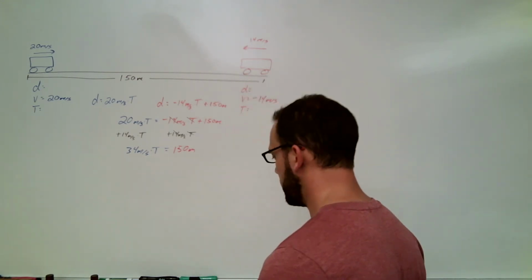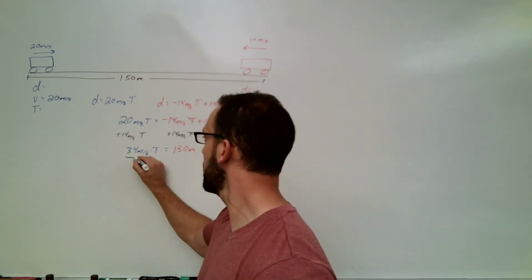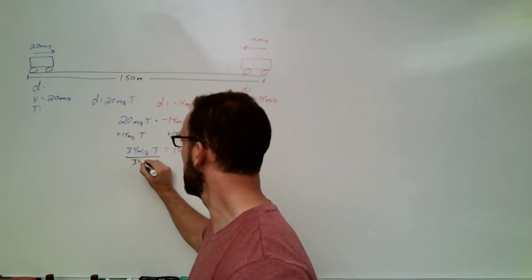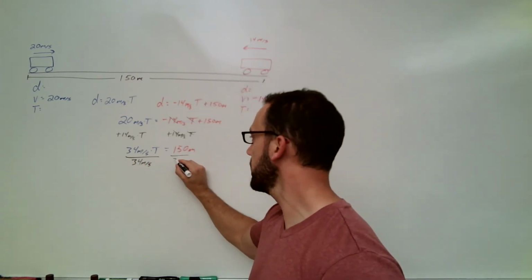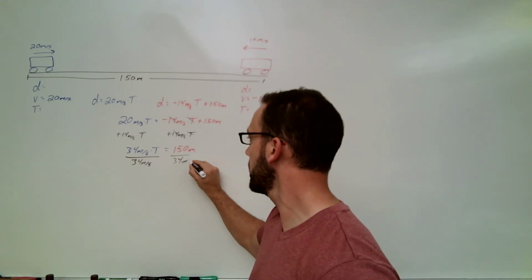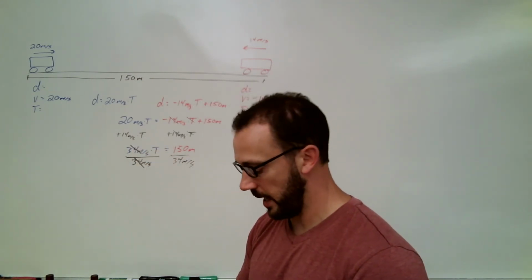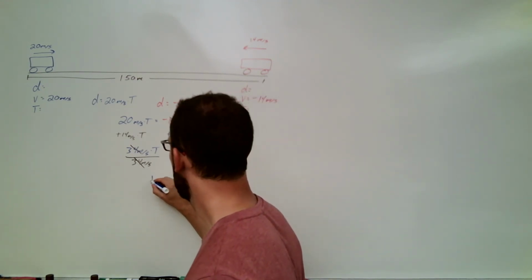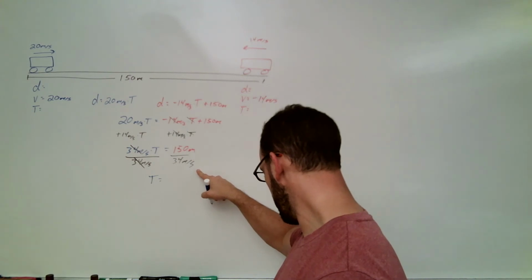So now we're going to solve for t by dividing by the 34 meters per second. So we divide 34 meters per second on both sides, and that's going to cancel that 34 meters per second out, leaving us with t equals 150 divided by 34,